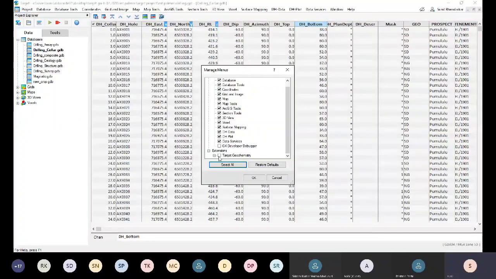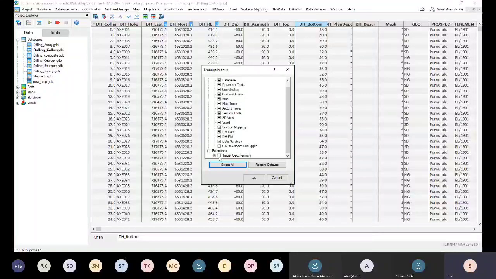Now you can see the geochemical tools also. These are the main tools like surface mapping, as I showed in the PPT, DH data, DH plot, and geochemical.